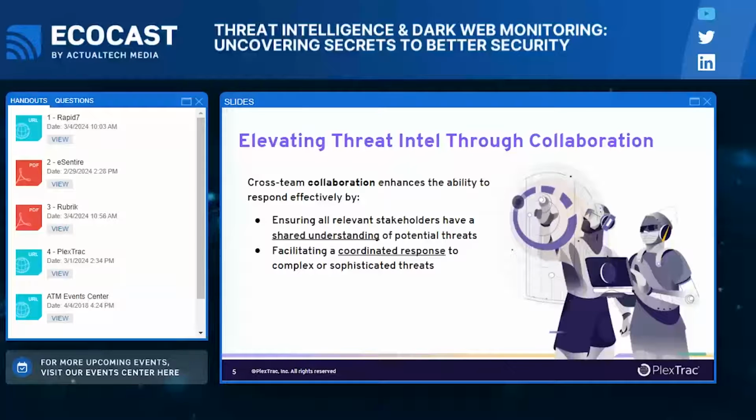One of my biggest recommendations to organizations that are looking to mature their ability in using threat intelligence and dark web is I tell them to pick one source, and I always tell them to start with open source. It could be anything. And I get them to do the research as well. Sometimes I provide some guidance, I provide some examples, and I get them to think, okay, now what? You've got this intelligence, what do you do? And I get them to go through that process, and they get a lot more value of using that open source and thinking about how they tailor and respond to it in a way that means something to them than going and buying a tool today.